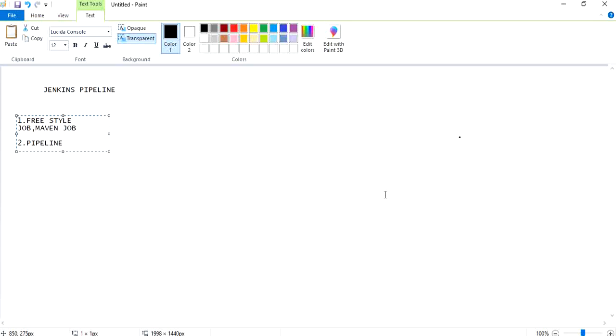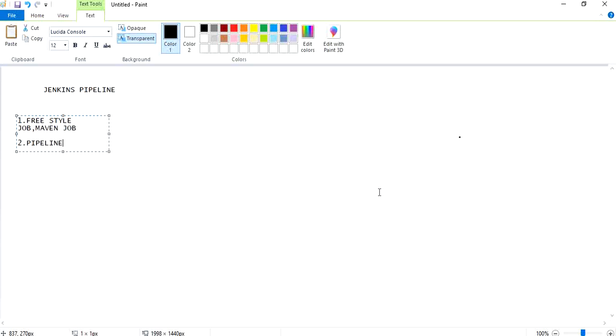In freestyle jobs, everything we have to give in terms of plugins like a Git plugin, Maven plugin, Ansible plugin. And the disadvantage of freestyle project is if Jenkins is crashed, again from the scratch, we need to configure all. But by the script, we can make our job done very easy. Freestyle jobs are not like infrastructure as code. We should have a mechanism like writing everything as a code. For this purpose, pipelines are introduced, such a way that pipeline as a code.